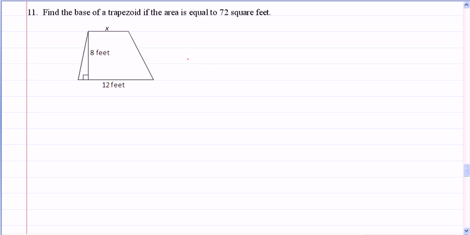So number 11 is another trapezoid problem. So I start by writing the area of a trapezoid formula: 1/2 times the height times base 1 plus base 2. So find the base of the trapezoid if the area is equal to 72 square feet. So this x is our base 1, 12 is our base 2, 8 is the height, and we have an